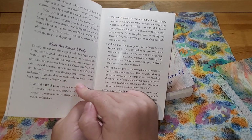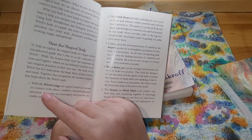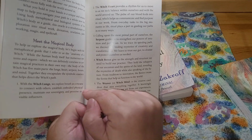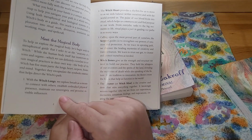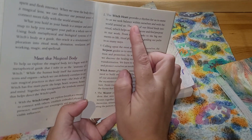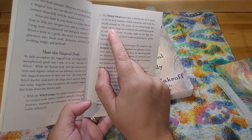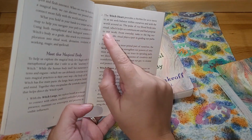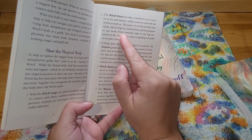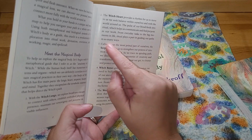Together they encapsulate the symbolic essence that helps direct the witch's path. With the witch's lungs, we explore breath as a means to connect with others, establish embodied physical presence, maintain our sovereignty, and perceive invisible influences. The witch heart provides a rhythm for us to move to as we seek balance within ourselves and with the world around us. The pulse of our blood feeds into ritual, which helps us communicate and find purpose in our work. From everyday tasks to the big moments in life, ritual plays a part in guiding our paths in so